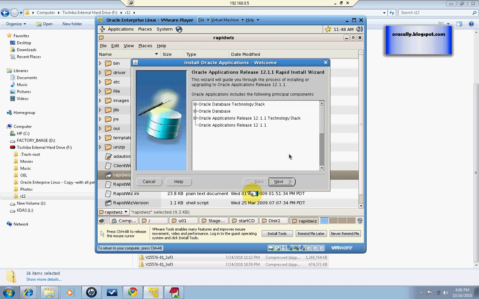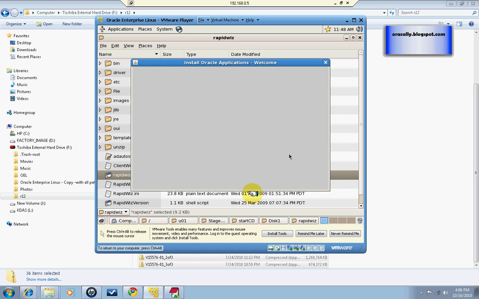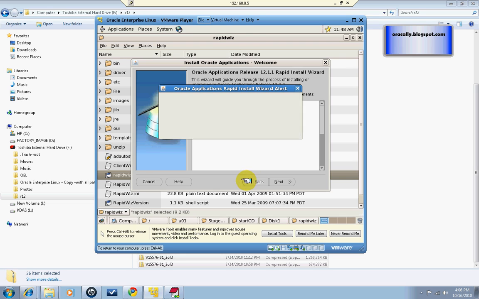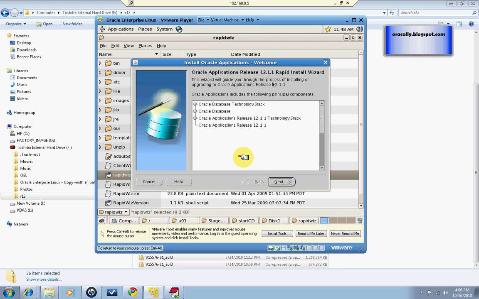Here you go. So this is the wizard for Oracle R12 installation. There are multiple instances open, so I have to close. In this wizard it's very easy. You need to enter all the required details, just like any other Oracle installation. It will ask you for the port numbers, the machine name, etc. So make sure you enter all those